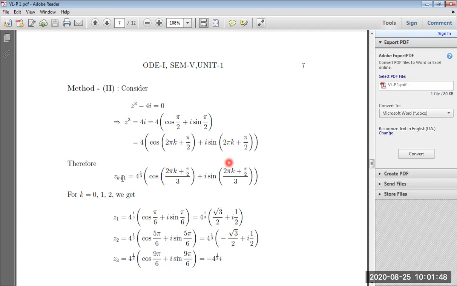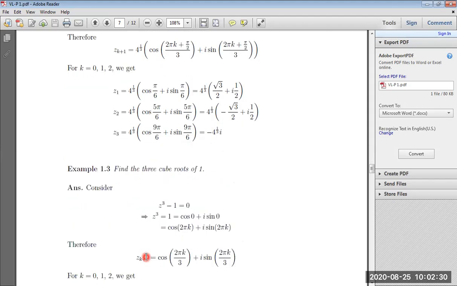So you will get, and here you substitute k equal to 0, 1, and 2. You will get the same roots here, right? Just put the values of cos pi by 6 plus i sin pi by 6 like that and get. Okay, so this is another method. In the first method you take z equal to r into e to the power i theta as a root, and here you have to apply De Moivre's theorem. So these are the two methods to find the roots of a given complex or complex polynomial equation.